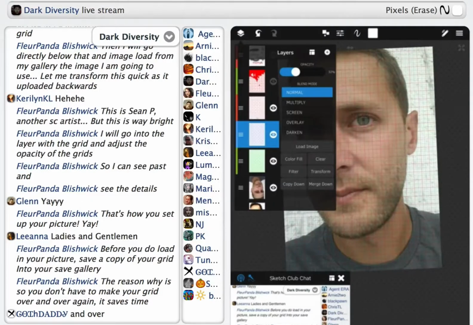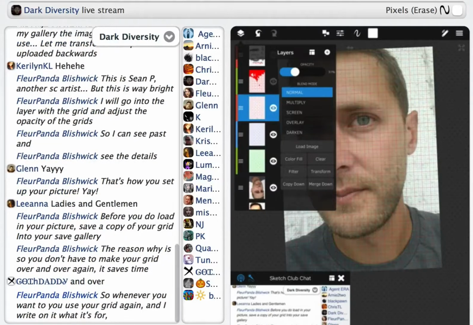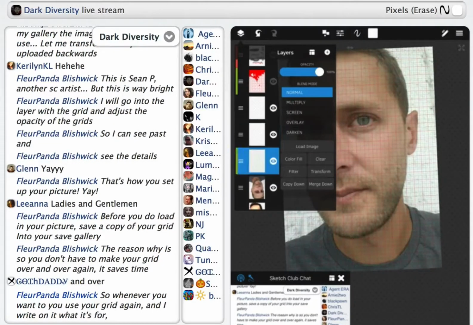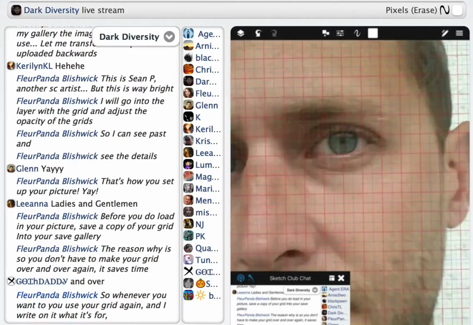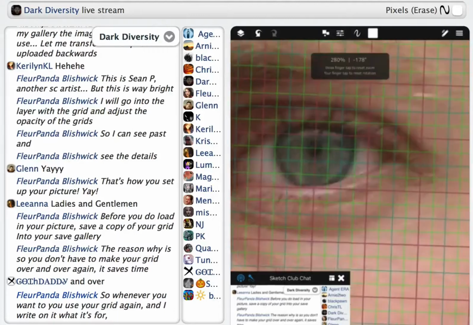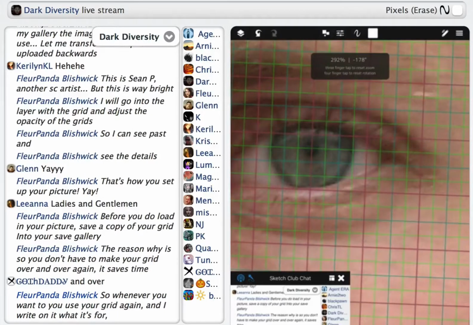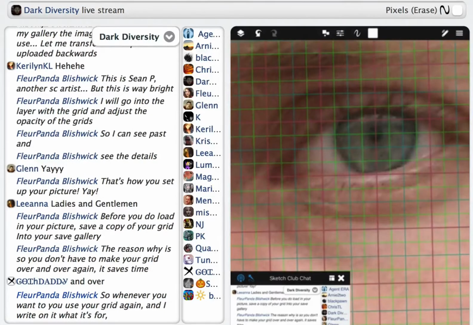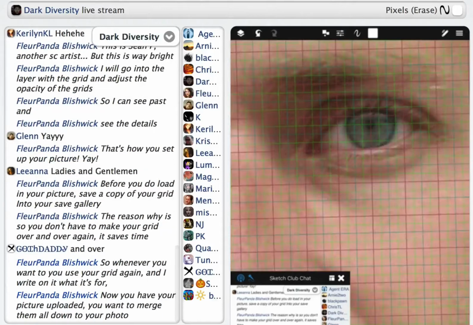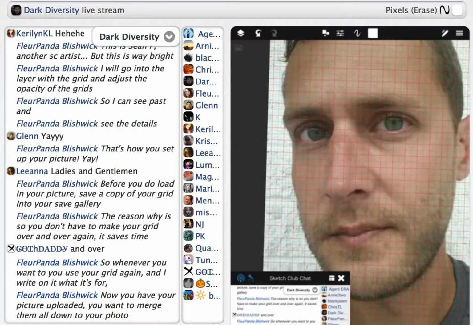Alright, so now that you have your picture uploaded, you're going to want to merge them all down to your photo. And then there are two ways you could do this. You could either blow it up on the screen like this and take screenshots of different areas,